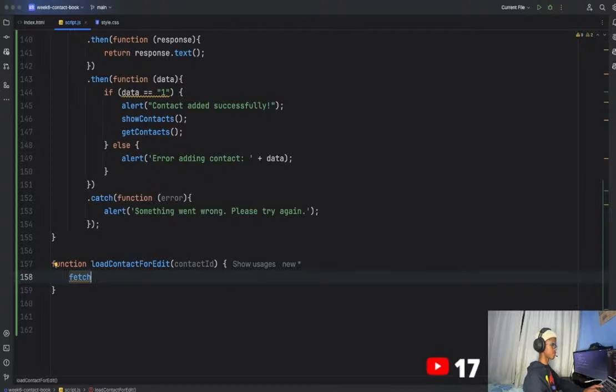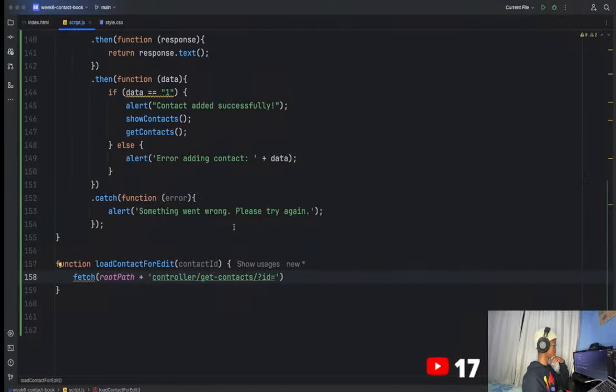Okay. So we'll do a fetch, then we do root path plus our controller, forward slash get contact, forward slash, what's this parameter, ID equals. So now what this is doing is, if I go to Postman quickly,